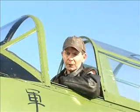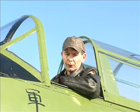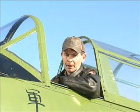This is a North American SNJ-4 built for the U.S. Navy in 1943. It served its country during World War II as an advanced trainer. When the war was over, it was declared military surplus and was sold. It was wrecked at Brownfield in San Diego, California in 1963 and was a derelict aircraft until about 1960